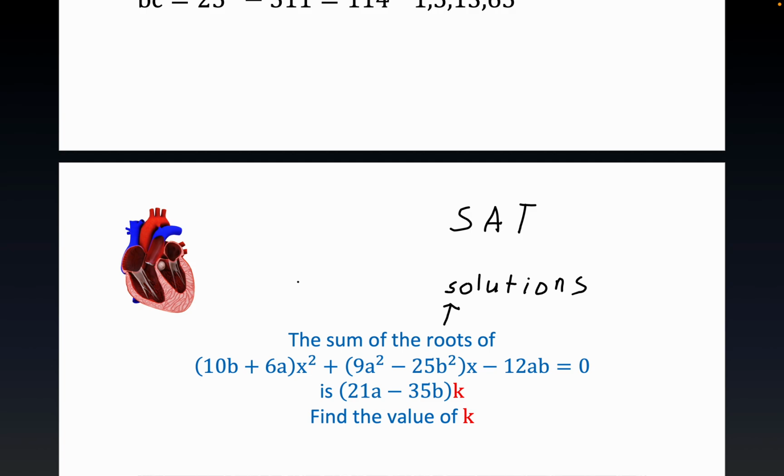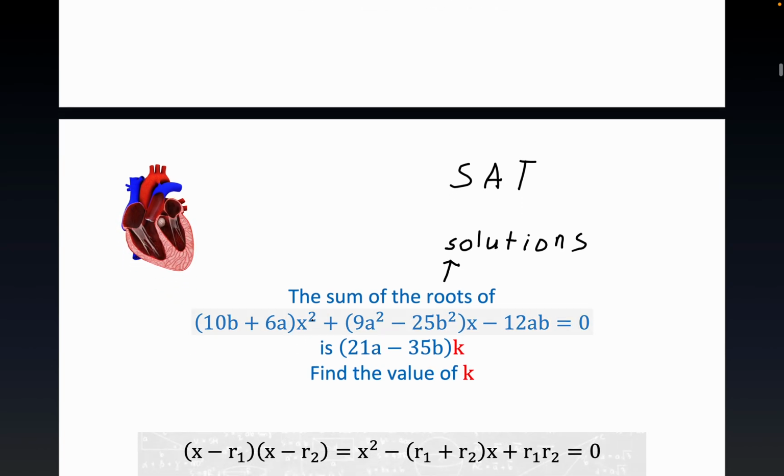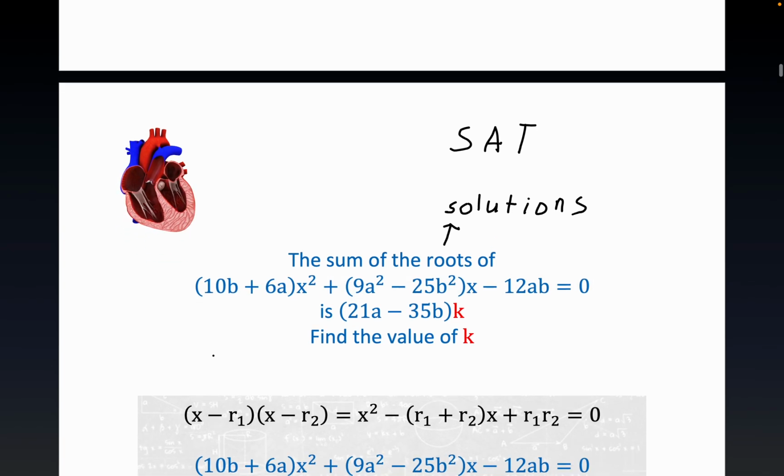Okay, now, so this looks awful nasty, but just keep in mind it's in quadratic form. X squared's right here, X is here, and think of this as just a constant. Okay, now down here, just to give you an idea of the motivation for this, which is actually pretty easy once you trust it. R1 and R2, anytime R1 and R2 are roots, I'm just using that notation to distinguish between A and B here. But this is called R sub 1, this is called R sub 2. And roots